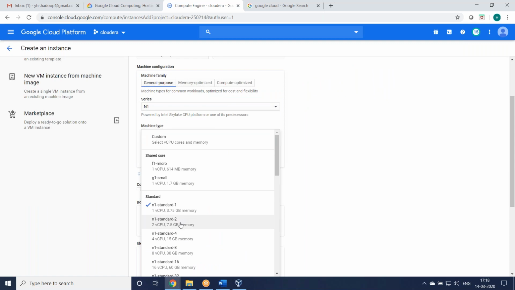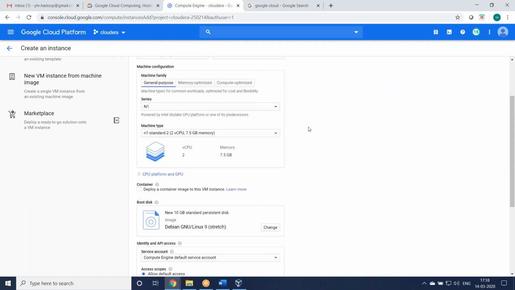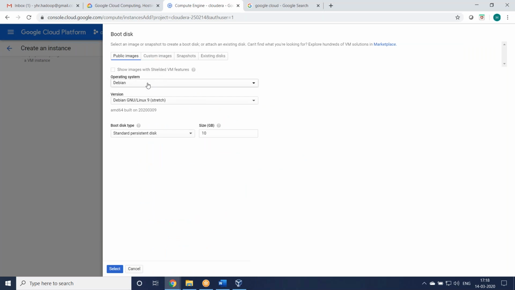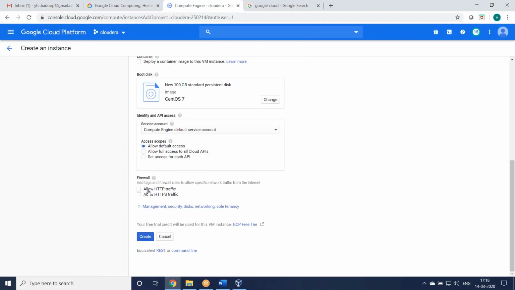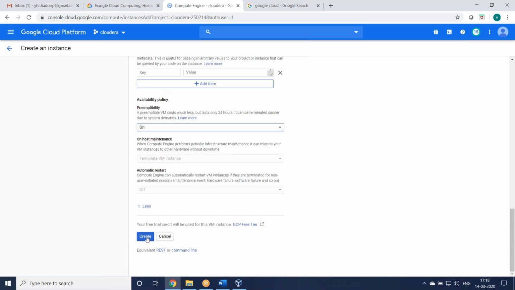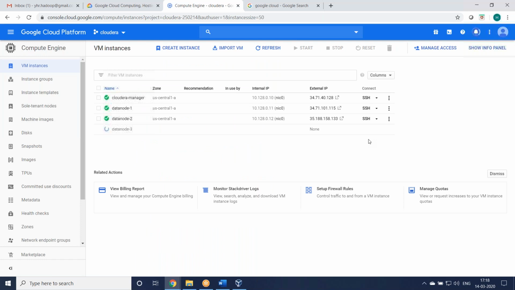Selecting 7.5 GB, CentOS 7, select, firewall select. Preemptibility on, create. So we have successfully launched 4 virtual machines.